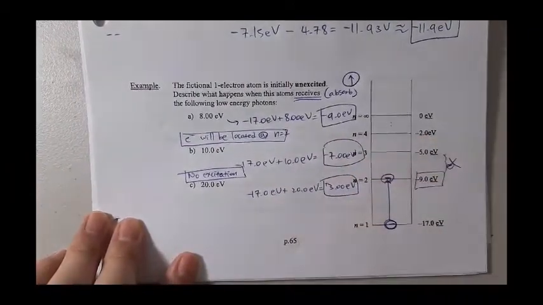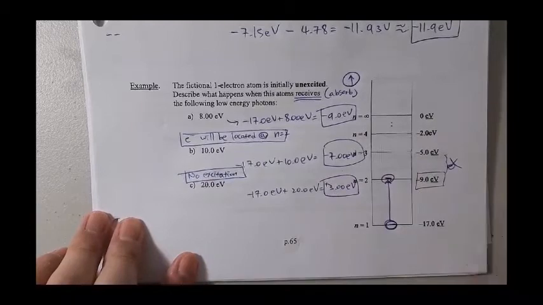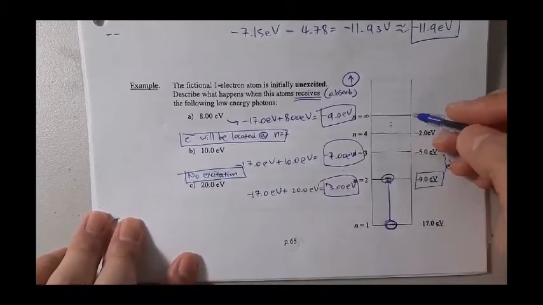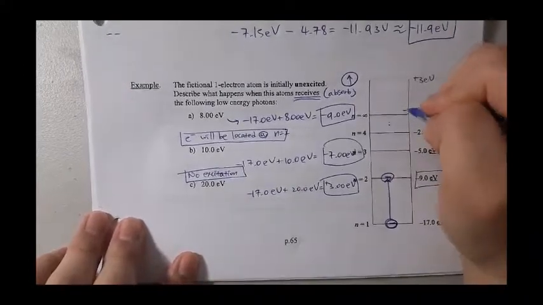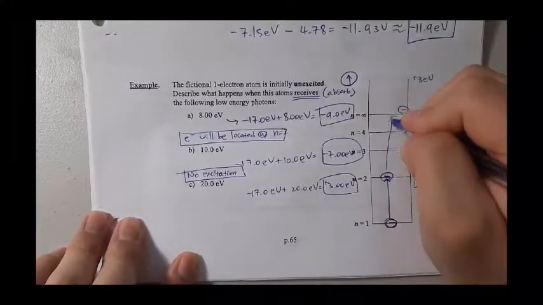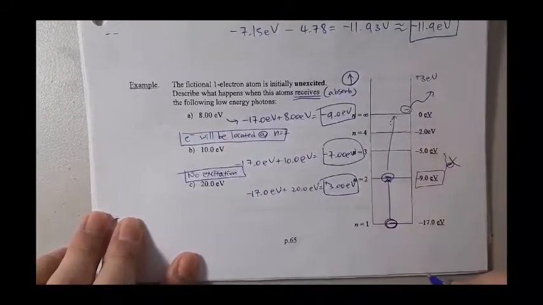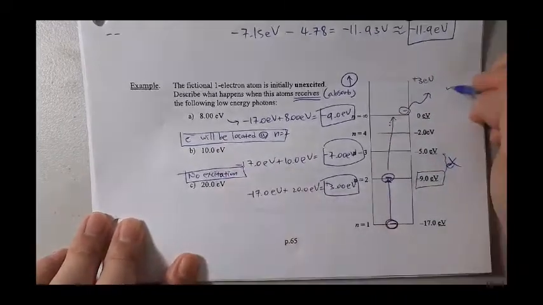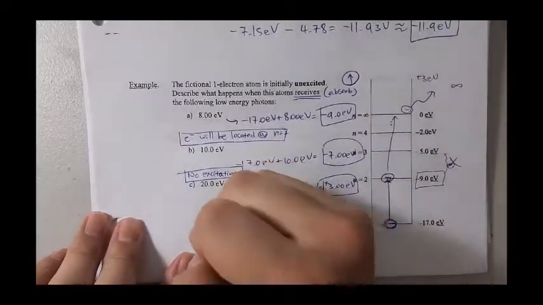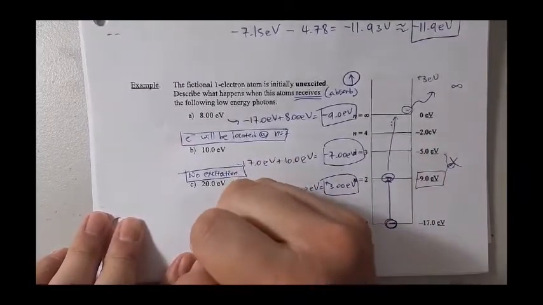It's positive 3.00. Do we have any positive? No, in fact it's 0, and positive 3 is somewhere over there. That means the electron will go all the way up and go out. So I like to say at this point it is at infinity level, which is a fancy way of saying beyond